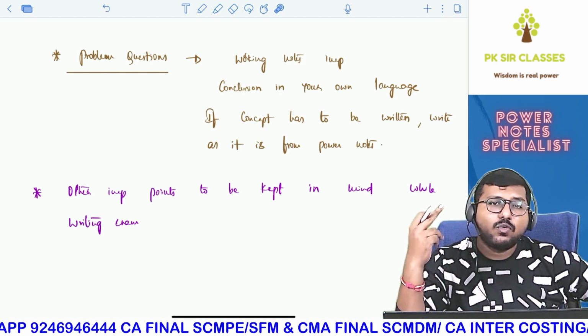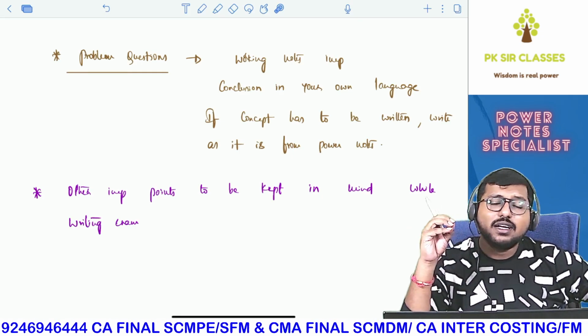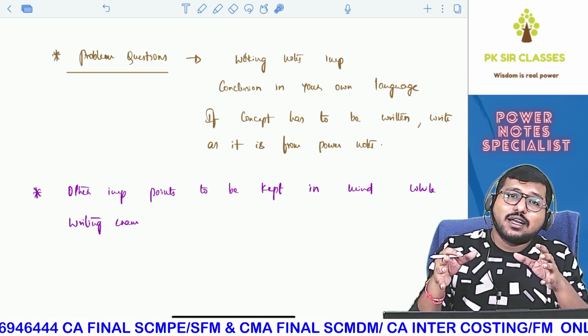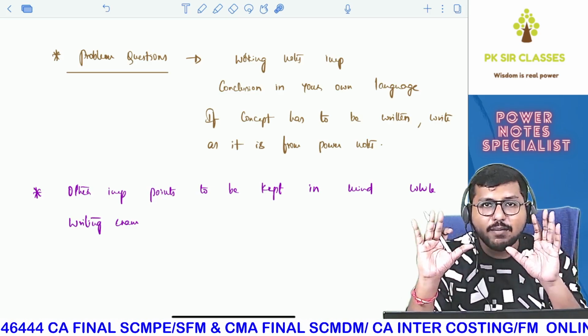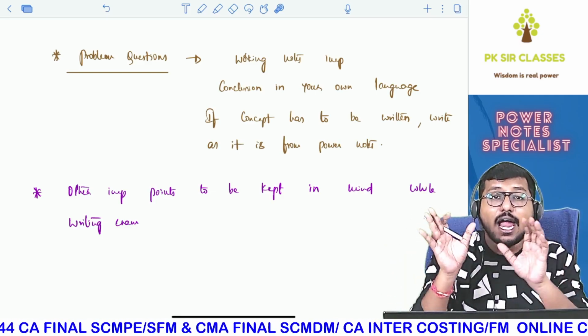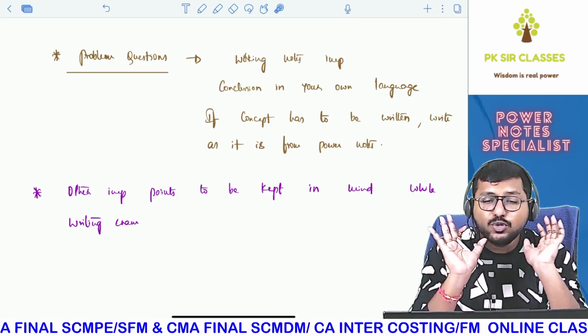And as a result, what you need to do is present it in such a way that you don't irritate the examiner. You need to present it in such a way that you support the laziness of the examiner. The examiner wants to correct your paper as early as possible and throw it away, and you will support it. That's the way you have to present it. Okay, you support his laziness.